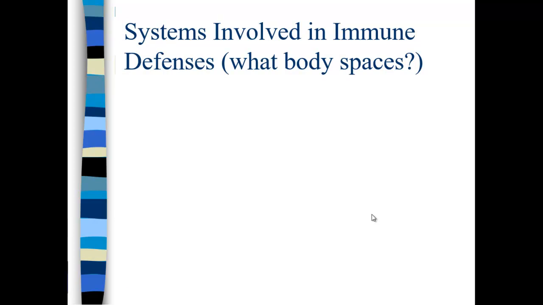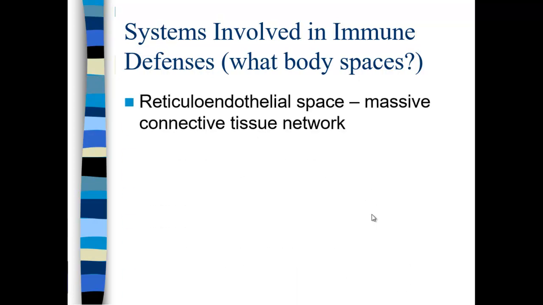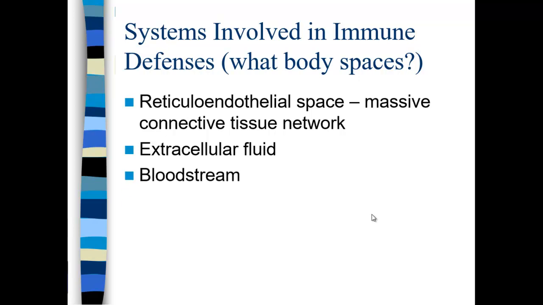So when we look at the systems involved in immune defenses, we need to look where in the body we see these. Okay. And primarily, these immune cells are roving and doing surveillance in what's called the reticuloendothelial space. And this is the space outside the cells. It's a massive network of connective tissues. And these connective tissues contain extracellular fluid. Okay, you can also see these systems involved in the bloodstream,